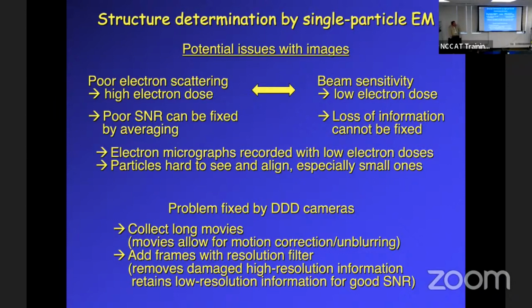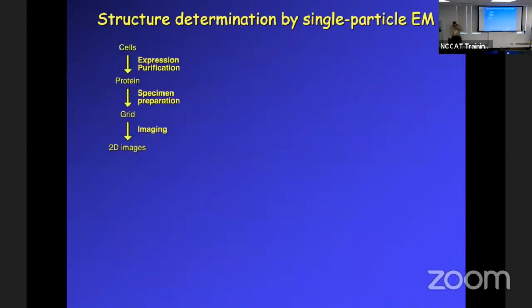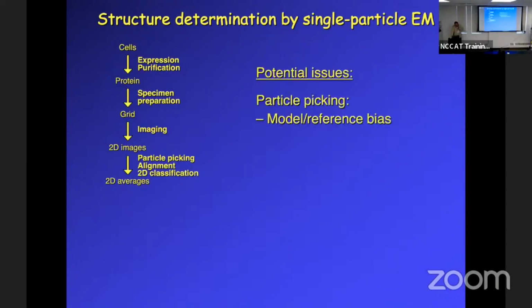So that's the reason why we don't use you. No, they do a fantastic job collecting data, so we are not typically worried anymore about data collection. So now you have your 2D images, and you pick your particles, you align them, you classify, and you end up with 2D averages. And there are issues that you should be aware of, and that's part of best practices,